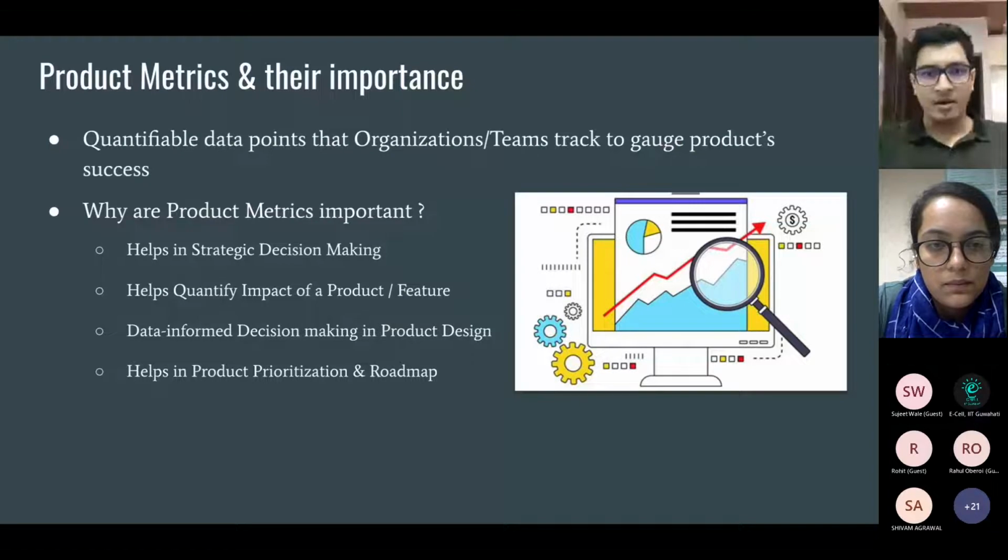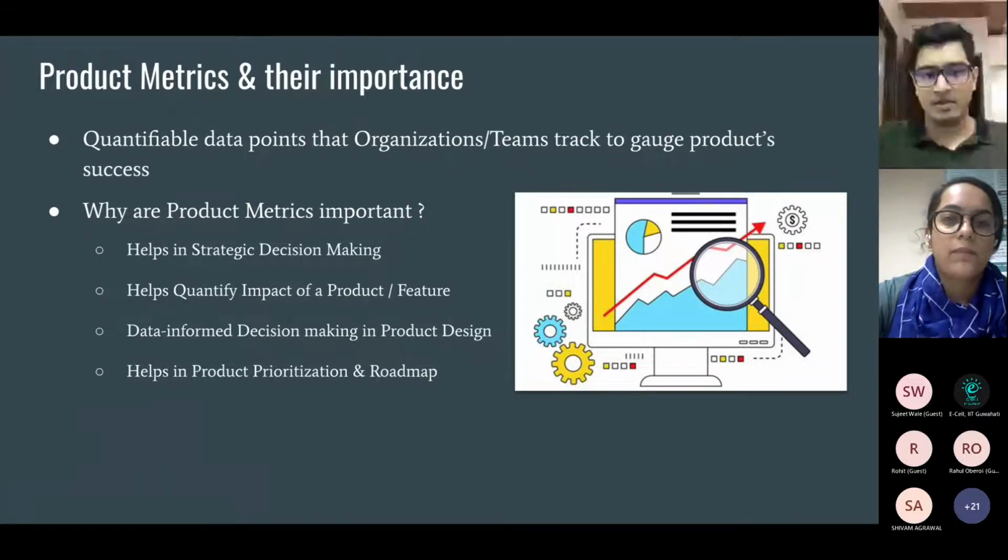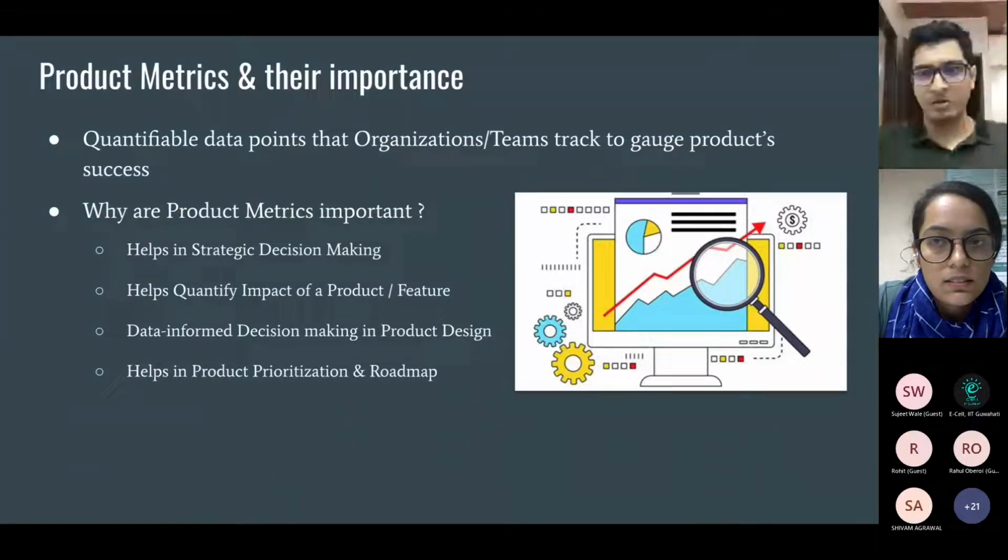And trust me, as a PM, this is one of the key things that will give you a kick, right? For a lot of people, completing things is the key, but for PMs, you will not be writing code on a daily basis, for example. So the only satisfaction of having done the right thing is seeing the numbers move in the right direction, right? And trust me, this never gets old, be it a junior PM or a director or a VP. Once you see the metrics moving in the right direction after a release, it's so much satisfying and fun, right? So they help you quantify the impact.